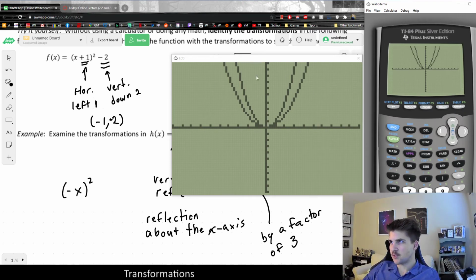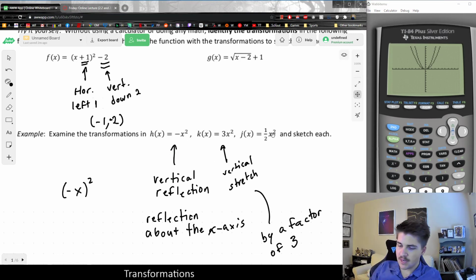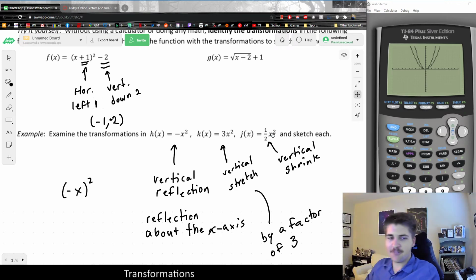Again, this was the original. This is the result of 1/2. It's sort of smaller. There's a lot of ways you could describe it, but the correct mathematical way of saying it would be that it's been shrunk vertically. Vertical shrink or shrunk, depending on your tense. And that would be by a factor of 2. Or you might wonder, should I say it's been shrunk by a factor of 1/2? Or technically it's been stretched by a factor of 1/2. It's been shrunk by a factor of 2. Again, I don't really worry about all the technical terminology. It's not that important, but